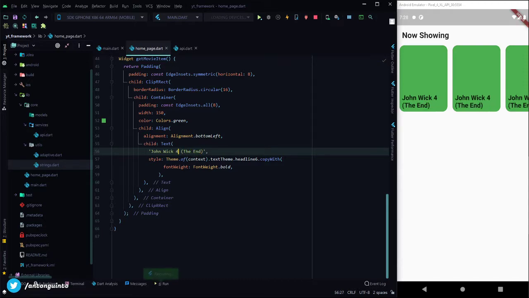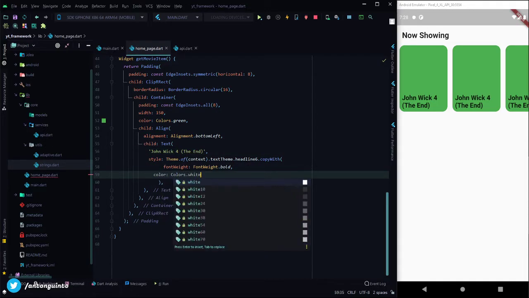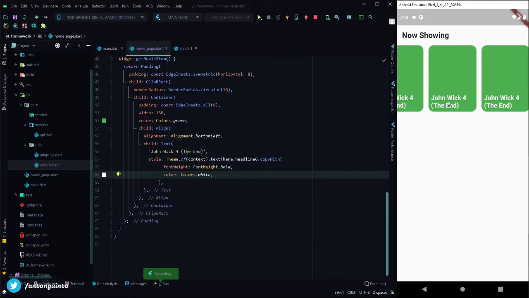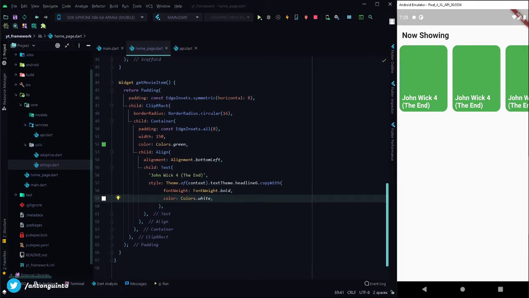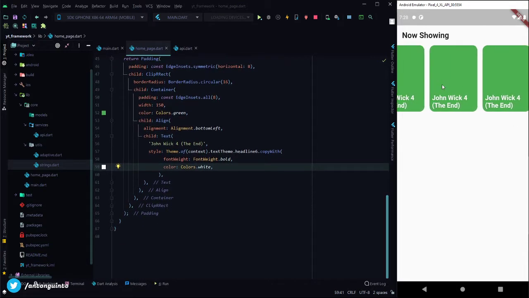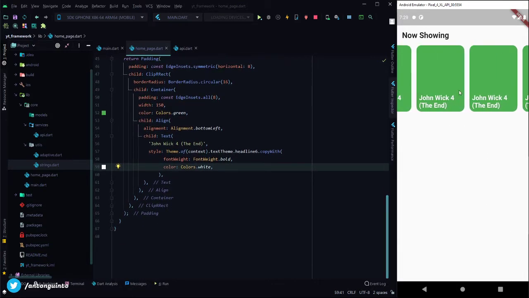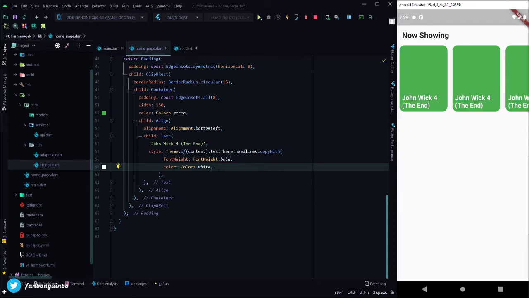I'm just checking how this will look. Okay, so it's not bad. White, so it looks amazing. Okay, so now we have the UI for now showing, and the thing we need to do now is get the